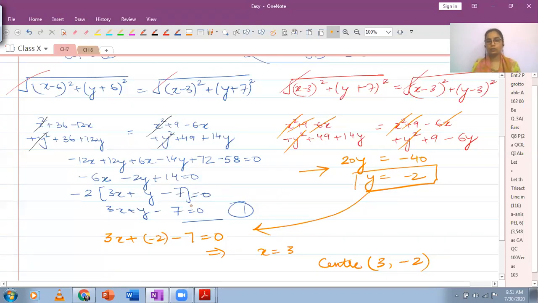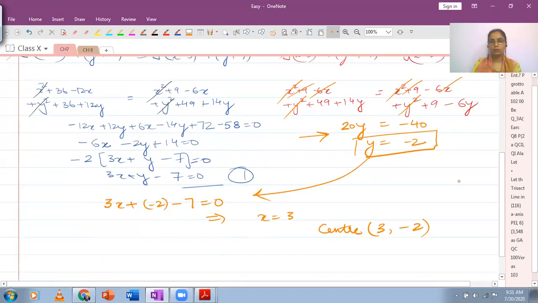You will have a linear equation in 2 variables from the first pair, a linear equation in 2 variables from the second pair, and then solve them using any method you have discussed in chapter number 2, linear equations, right? So this one is simpler. You have the value of y, you substitute it in 1, and from there you get x, and hence the coordinates of the center. If anyone is noting down, please let me know.